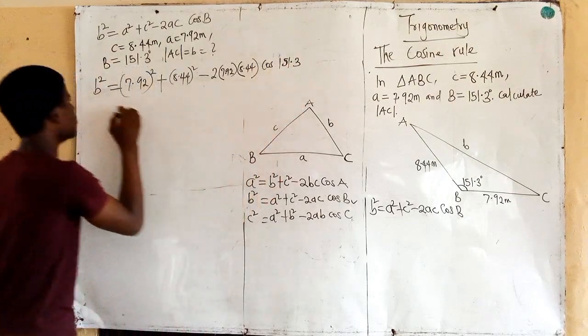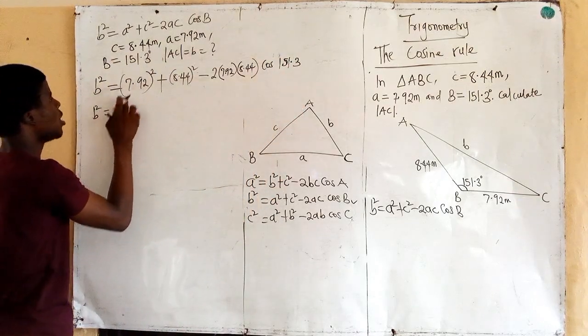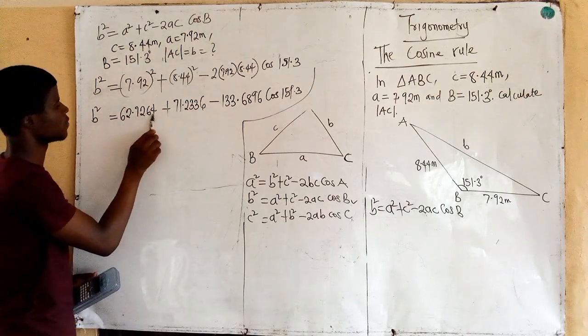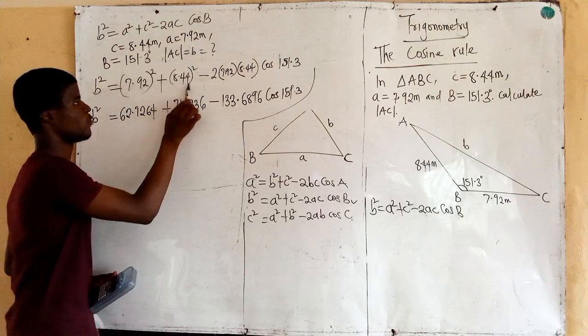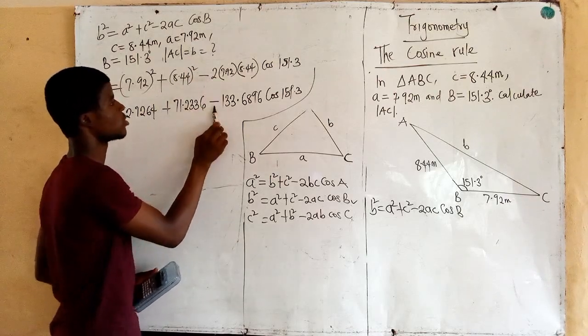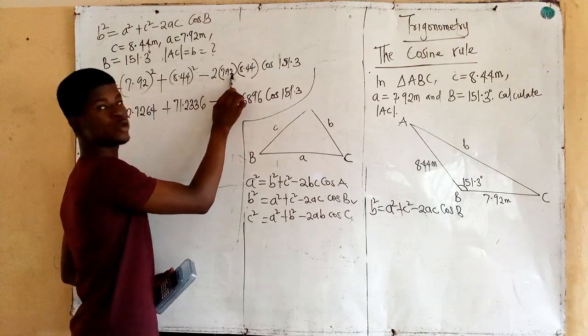Okay, b squared is equal to 7.92 squared is 62.7264 plus 8.44 squared is 71.2336 minus 2 times 7.92